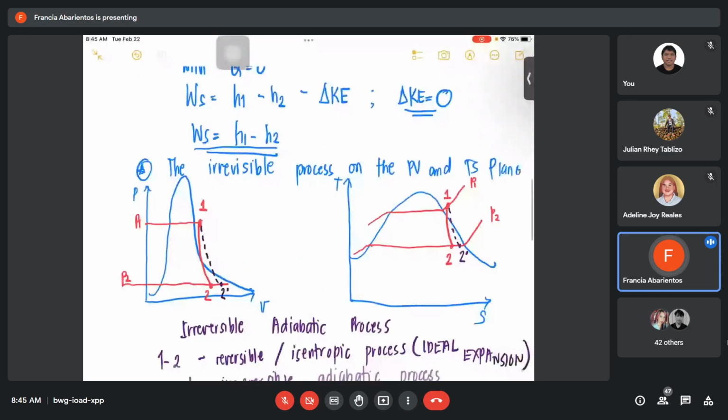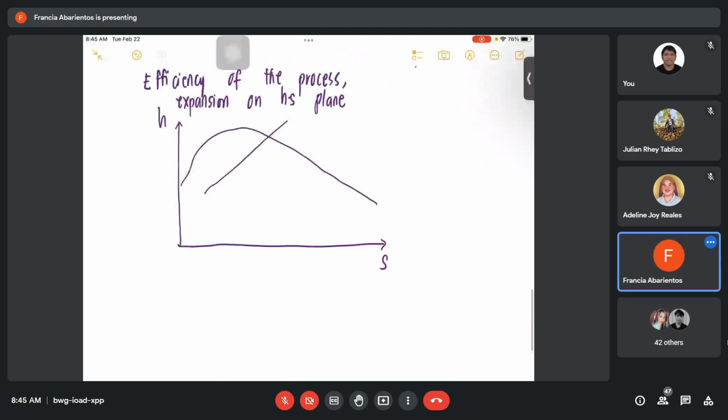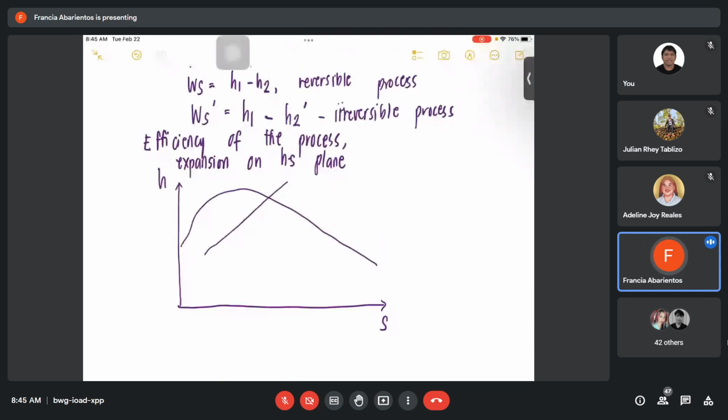Okay, balik tayo dito sa efficiency ng HS. So, sabi ko nga, ito class yung point 1 natin sa molar chart, and also point 2. Given sa atin yung pressure at point 1 and pressure at point 2. Since this is an adiabatic process, constant yung isentropic natin. So, from point 1, for example, this is now your point 1. Pababa siya, straight line, class, kasi constant yung S1 natin is equal to S2. This is now your 2 and